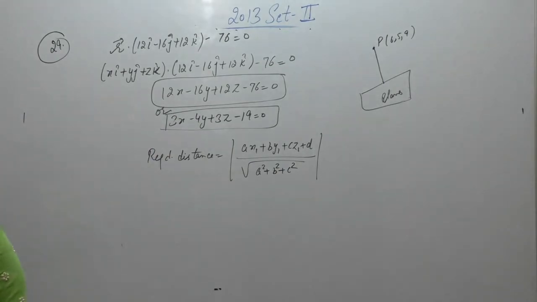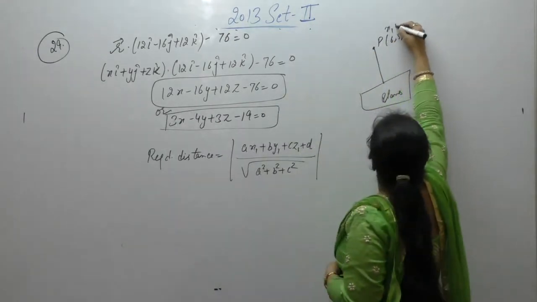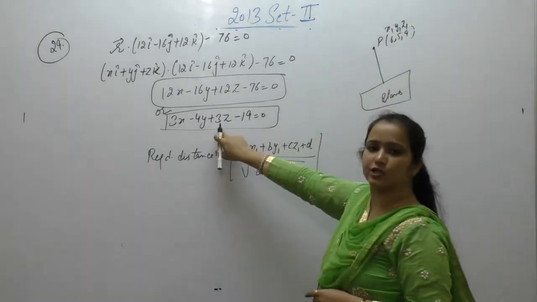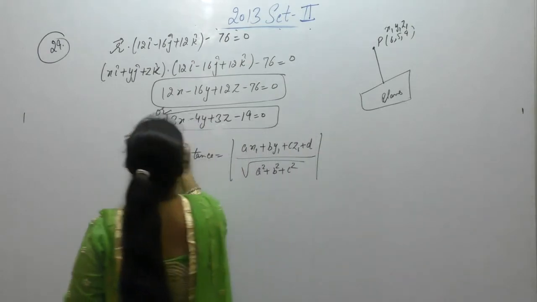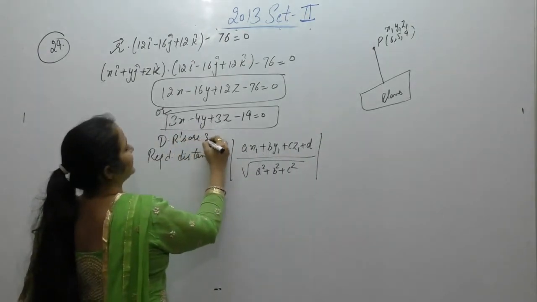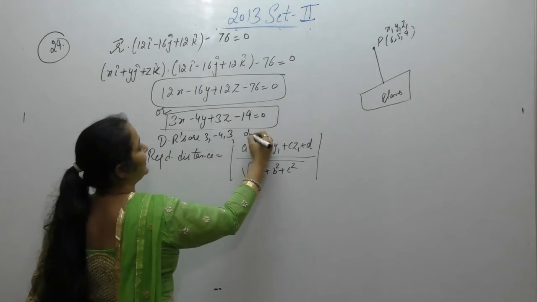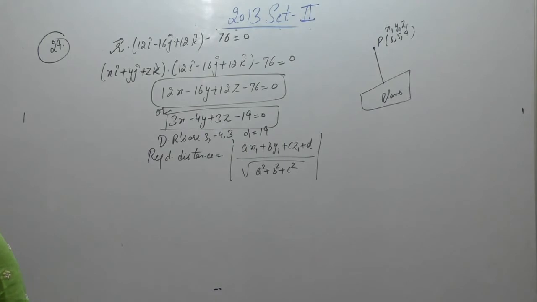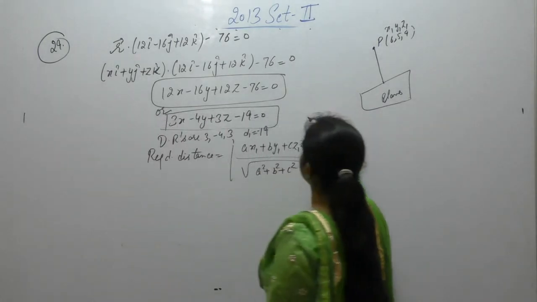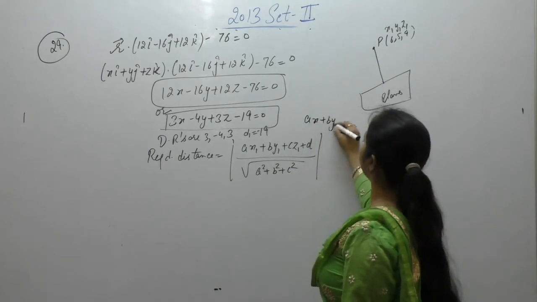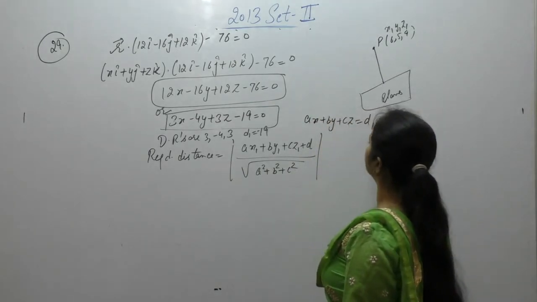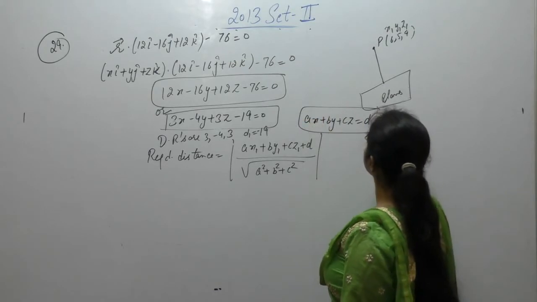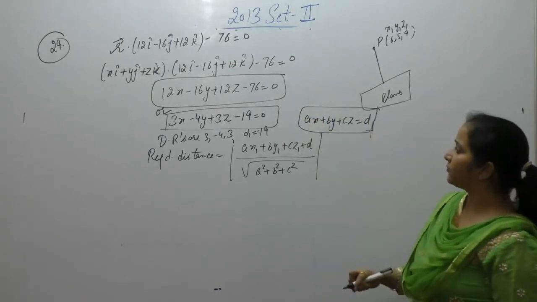Now x1, y1, z1 are the coordinates of this point. Now the direction ratios of the plane, a, b, c, are 3, minus 4, 3 and d is 19. The general equation is ax plus by plus cz is equal to d. This is the general equation. After comparing it,